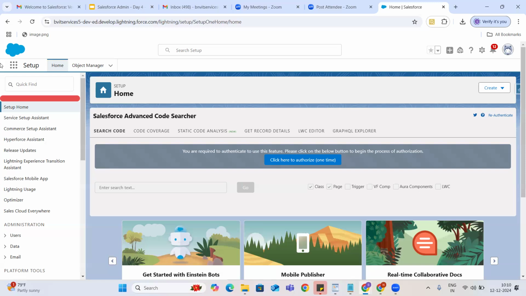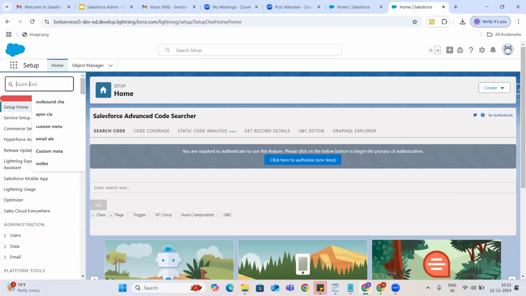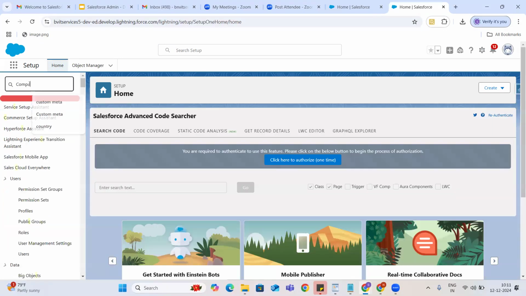First of all, whenever I'm the support person and I get a request saying I need to create a new user, first I'll go to my setup icon, and then I'll click on company information.